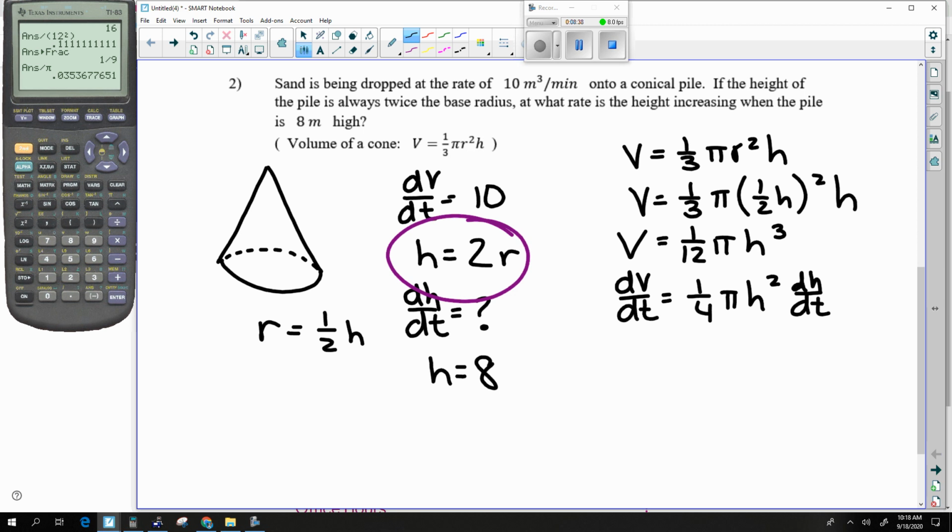I'm solving for dh/dt, so what I can do is I start with dV/dt, so I start with 10, I multiply by 4, and I divide by h squared, so I divide by 64. And then I also divide by pi,